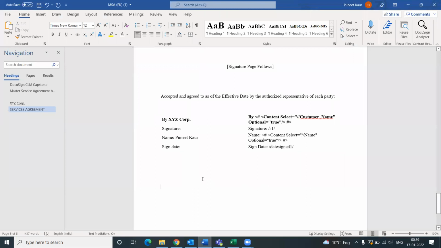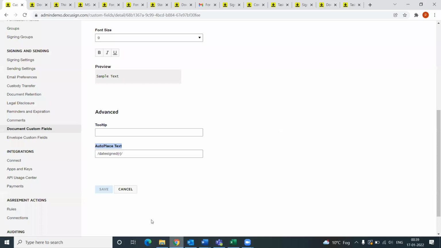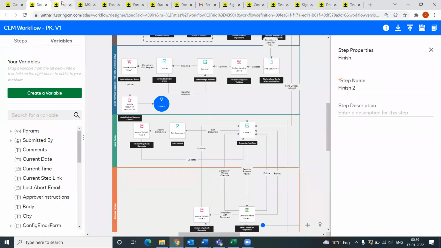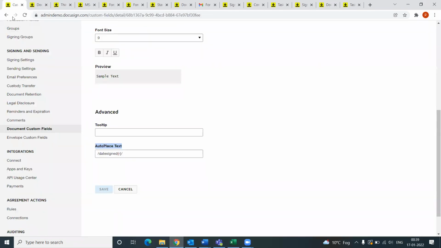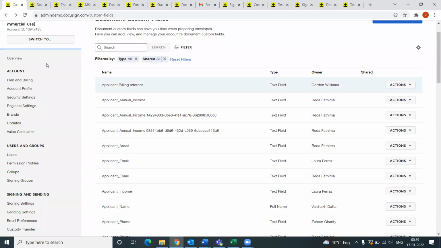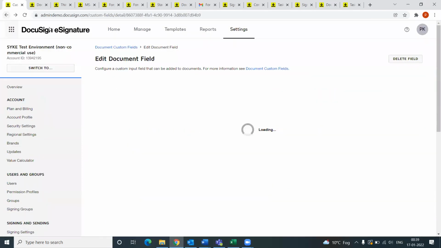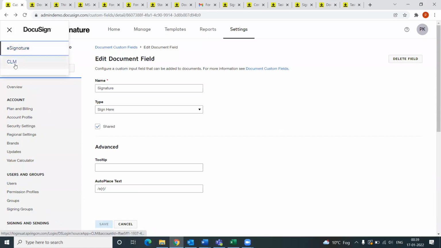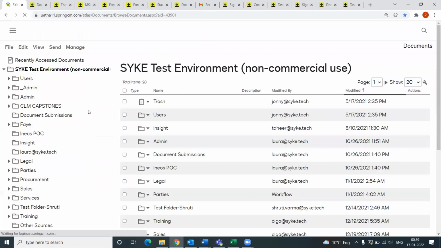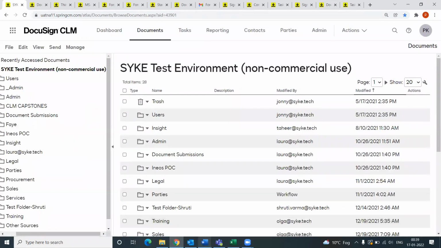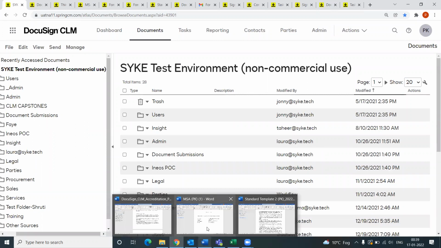And all these edits that we are making, we save it and upload it. And therefore, if I move back and move to CLM again, after making those edits that I just showed,